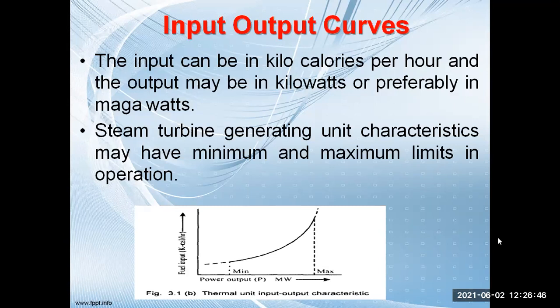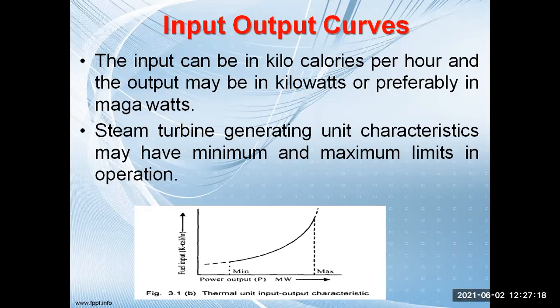Input will be what? What we are giving and what we are getting, that is the main thing. So input is basically how much? Coal we are providing. What is that? Fuel. Fuel is your input or no? Yes, sir. So fuel is the input. The unit of that fuel is kilocalorie per hour.